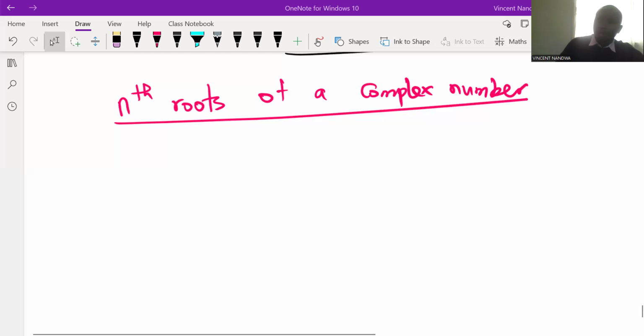So in this class, we are going to discuss the nth roots of complex numbers, which is an application of the Moivre's theorem. We demonstrate this using examples. And the first example is find